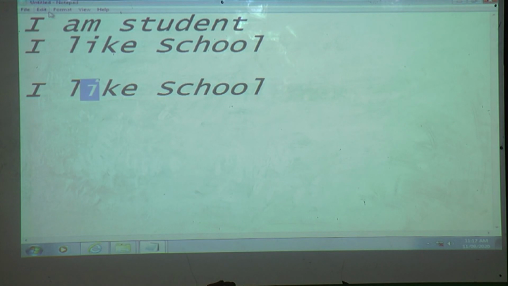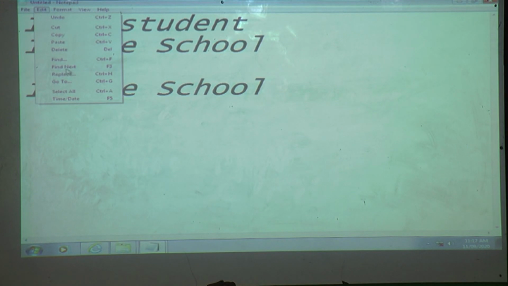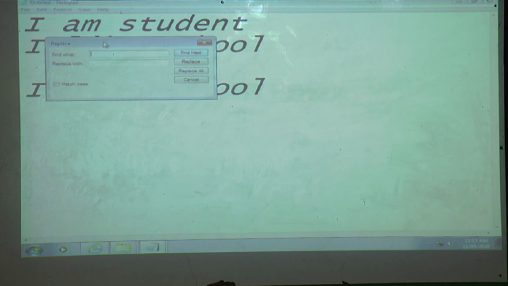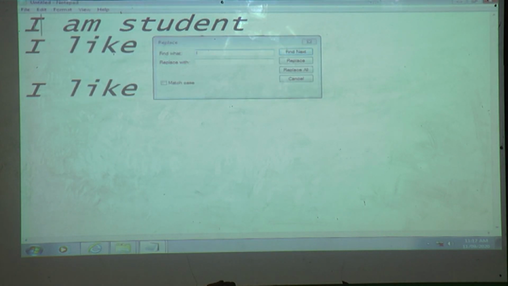Next option is replace. Suppose what is here? I. What we wrote here? I, and instead of this I, if we want to write we, firstly what we have to find?